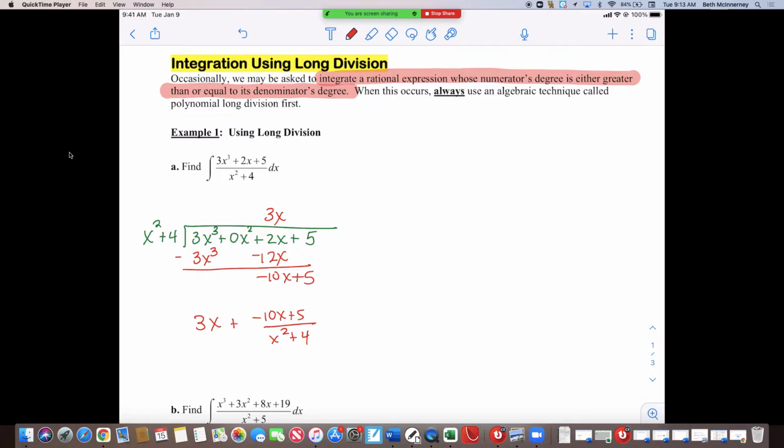So watch what I'm going to do. I'm going to rewrite this as the integral of 3x plus negative 10x plus 5 over x squared plus 4 dx. I cannot do a u substitution with that rational expression because of the plus 5. Okay, I would have a problem. So I'm going to also show you another technique. We've used it, but not at this level. So watch what I'm going to do. I'm going to rewrite this